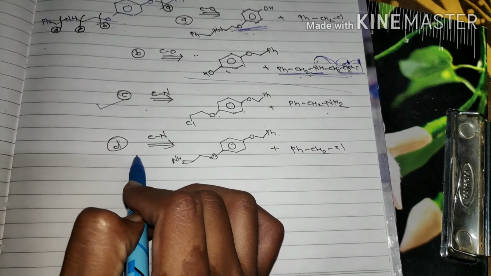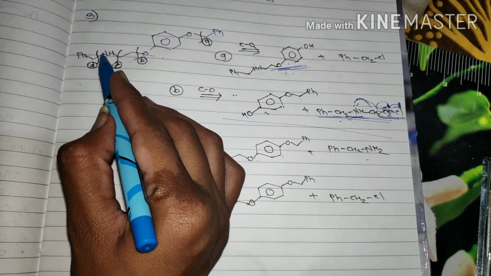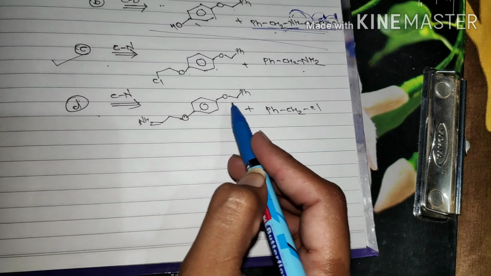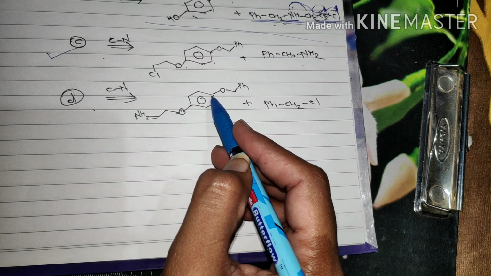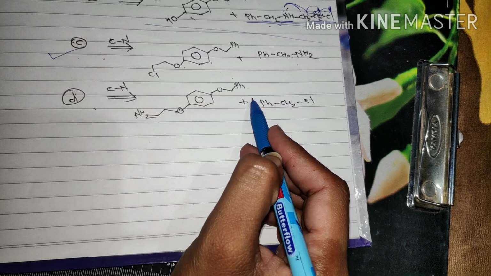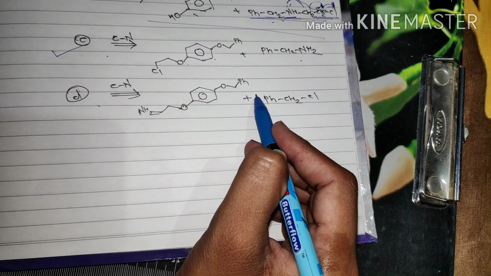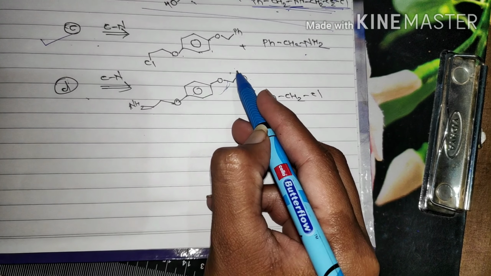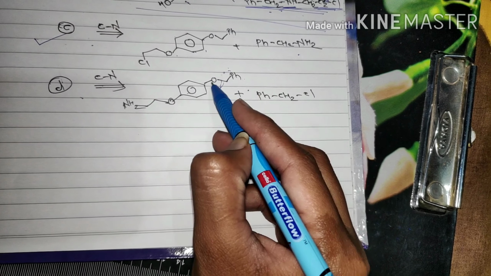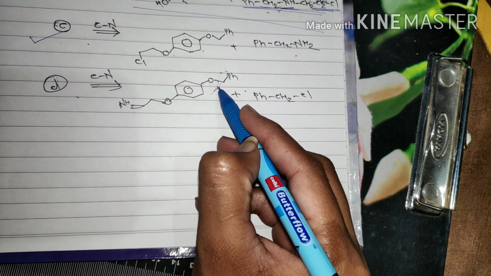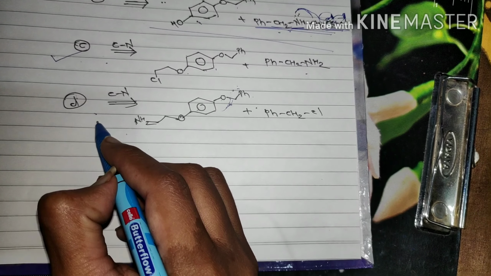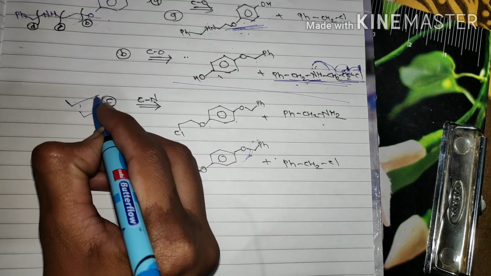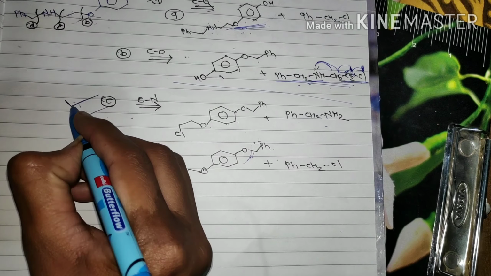The fourth route is another one, where this bond is the carbon nitrogen bond. This also appears to be a good route, but the next disconnection of the molecule creates a problem due to chemoselectivity. Whenever we disconnect this bond, it creates the problem. So this is also not reliable. So this is the reliable reactions, meaning reliable for the disconnection.